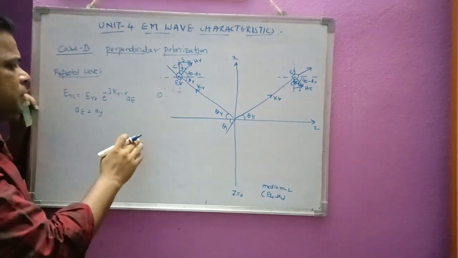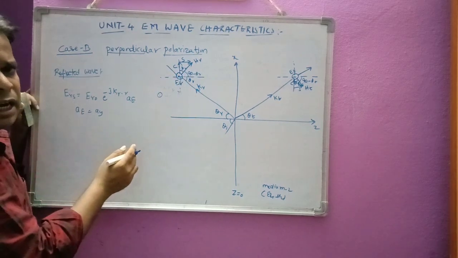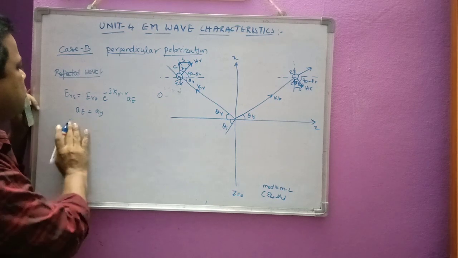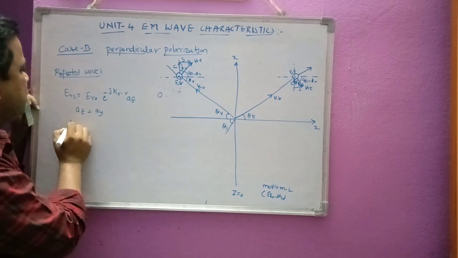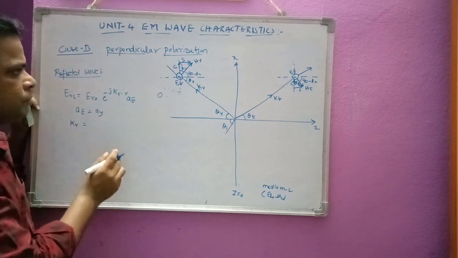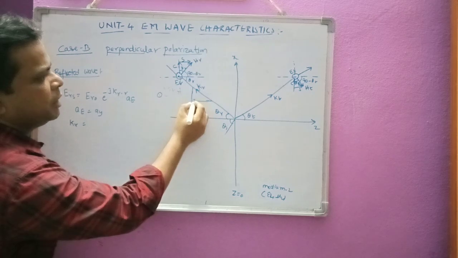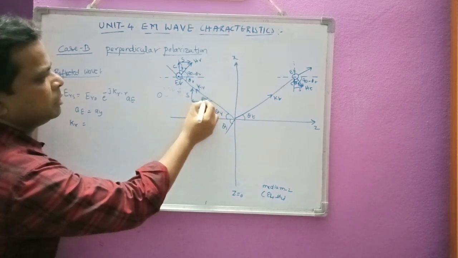That is minus we have taken. Now in this we are not going to have change in the direction of the electric field here. Now ERS will become, now here we have to write the kr dot r vector here. Now kr will become here this one, kr means this one. It will be like this, cosine component and the sine component, and this is theta r.